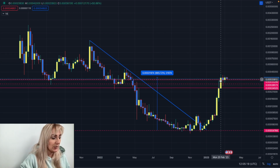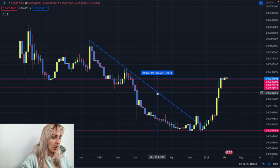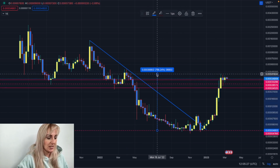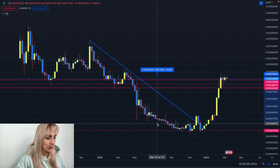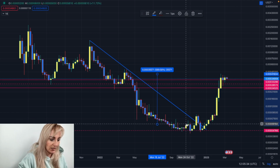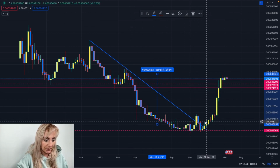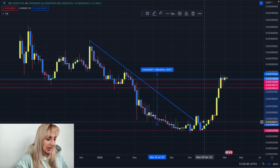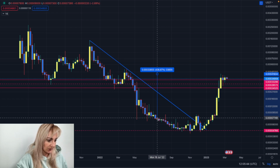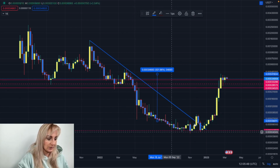It's holding really well since that pump. Look, if you caught the bottom, this actually pumped like 750%. If you didn't, you could have entered at the retest of this support. If you look at this price point here, or even a little bit higher, that's still like 4x for getting in around this